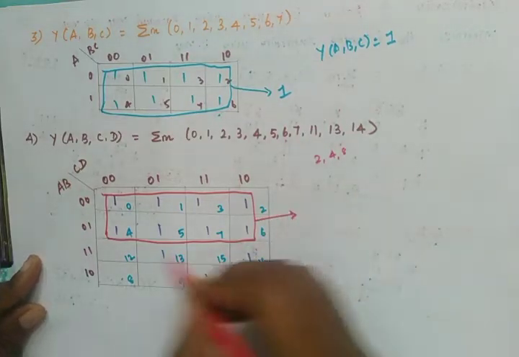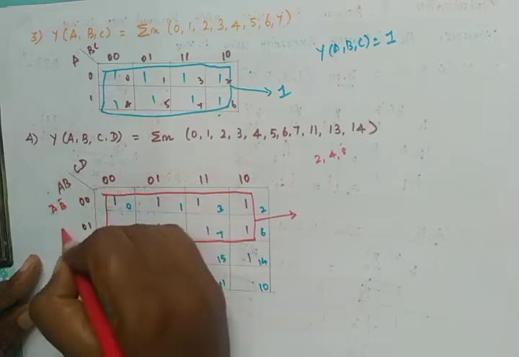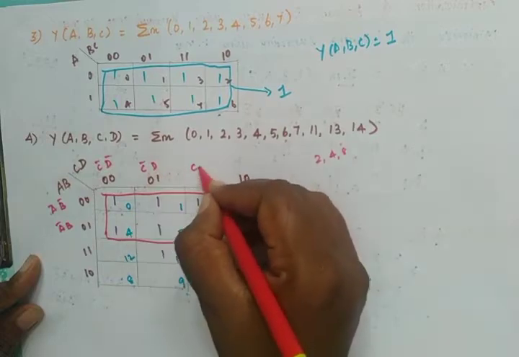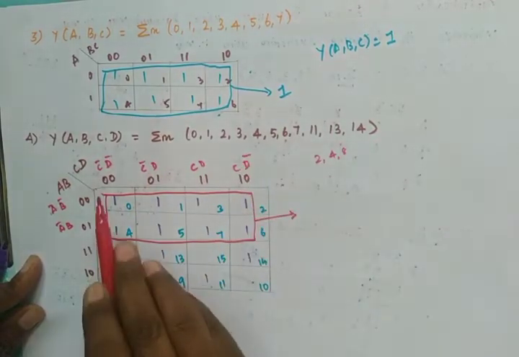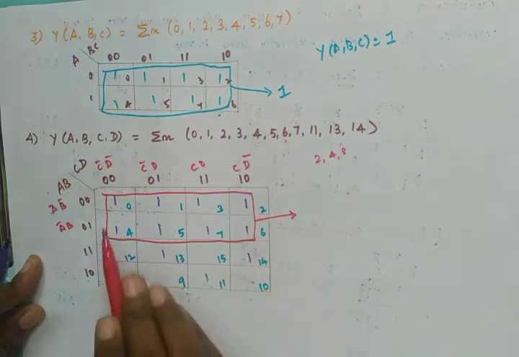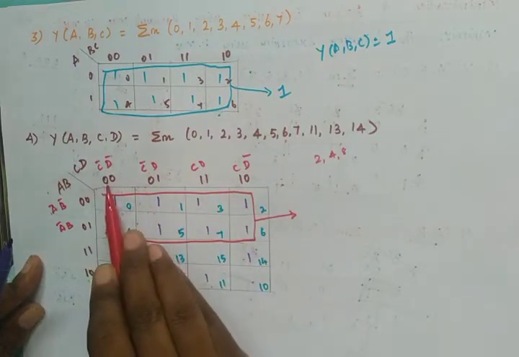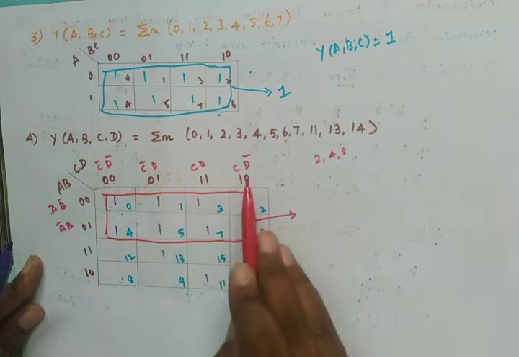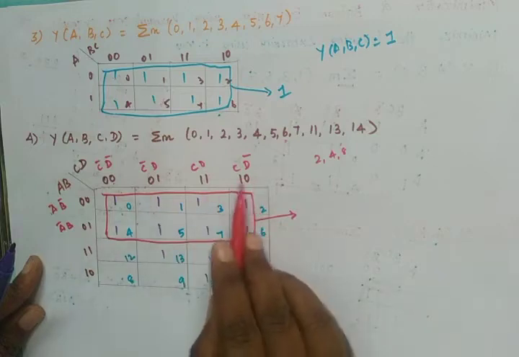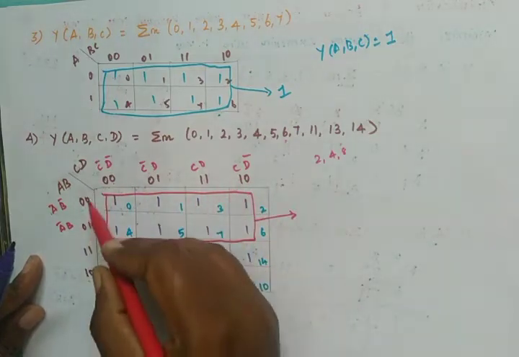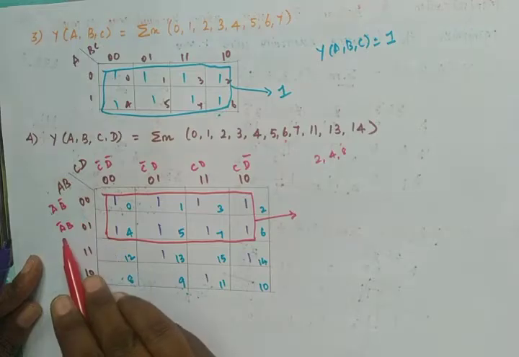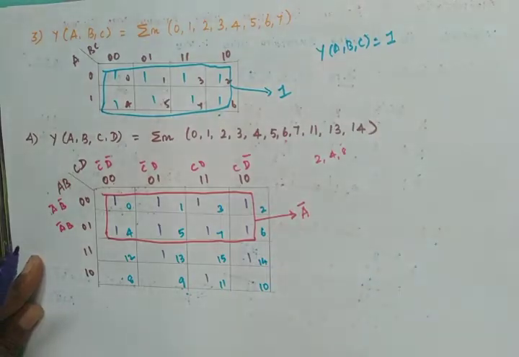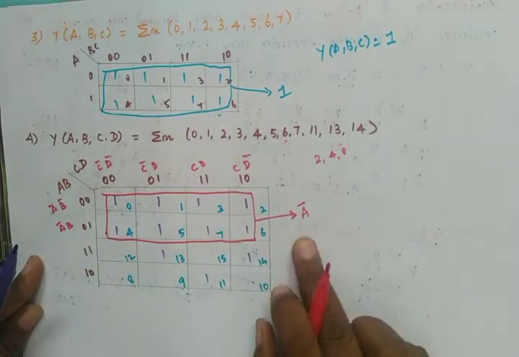Now what will be the answer for this? This is A bar B bar, this is A bar B. Here we have C bar D bar, C bar D, C D, C D bar. Now listen. If you get 4 like this everything gets cancelled. See here, C bar C cancels, D bar D cancels. So here we don't get any literals, any variables. But here we have A bar B bar, A bar B. This B bar gets cancelled, so that the answer for this entire group will be A bar.